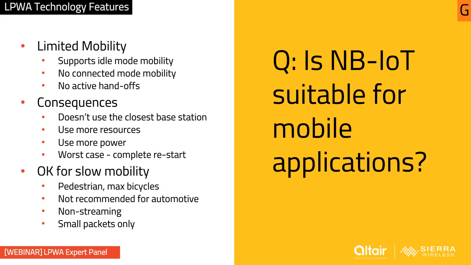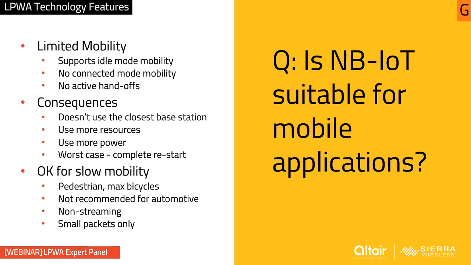Thank you so much. I really like this question because, as you probably heard me say in the introduction, NB-IoT has limited mobility, but that's not really a very useful answer. But like all good questions, they're not necessarily super simple to answer. The first thing to understand about NB-IoT, like LTE and LTE-M, is that there are these two states I mentioned, idle and connected. Idle is when the device is not sending any data. For NB-IoT, when you're in that mode of not sending data, the device is always listening and making sure it's going to listen to the closest base station.